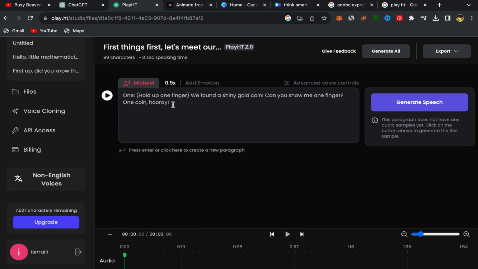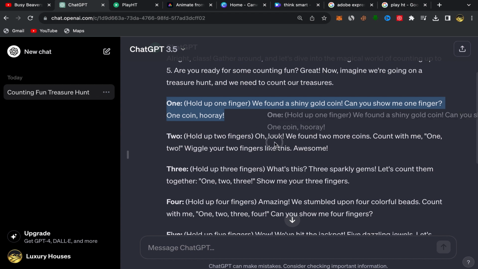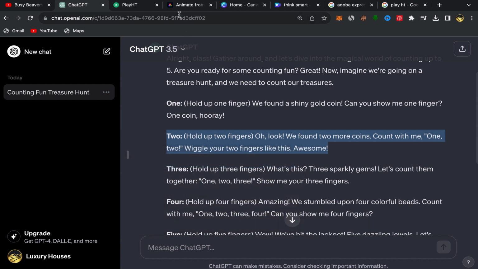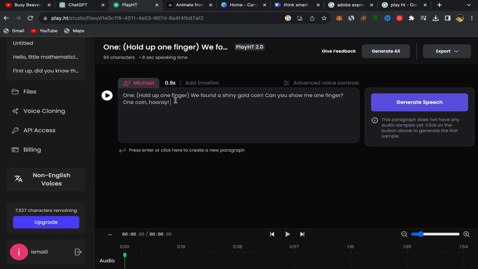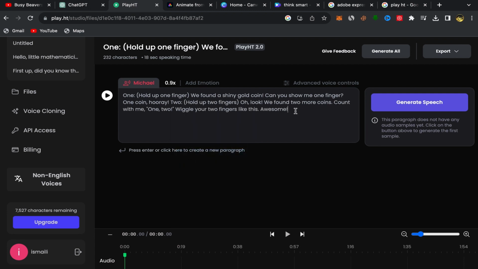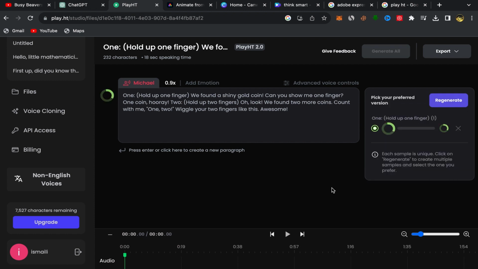Okay, let's add this part over here too, to make it easy and fun. I'm gonna add this one, and here you go. Click over here on generate speech, and your script will be recorded